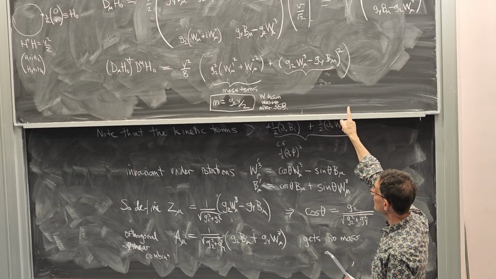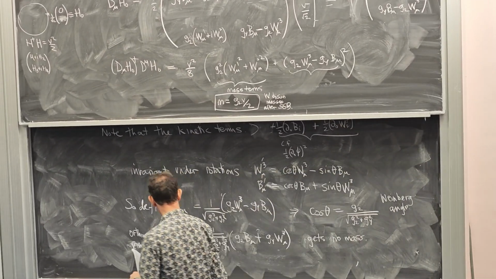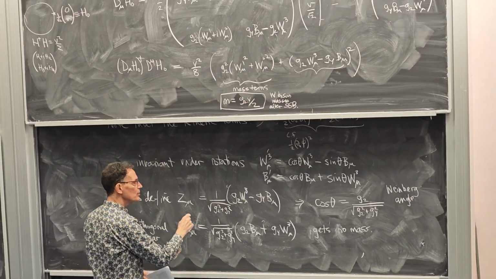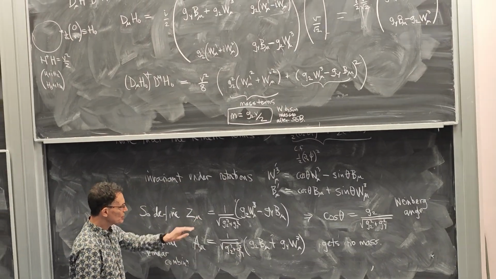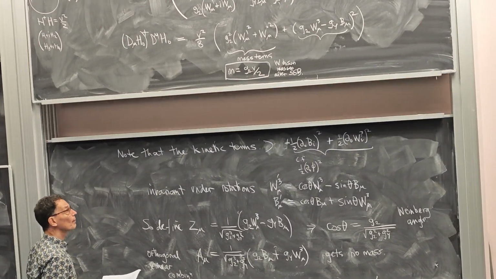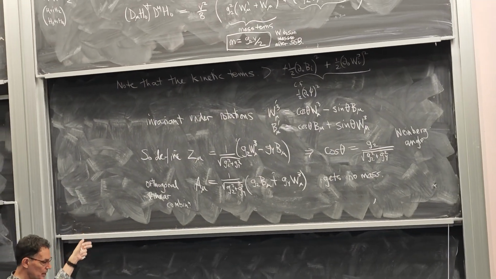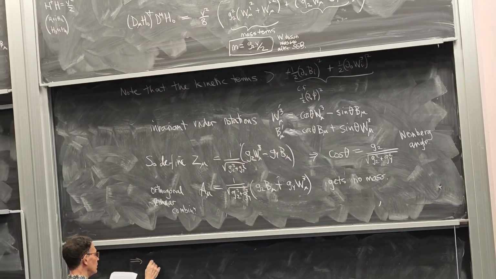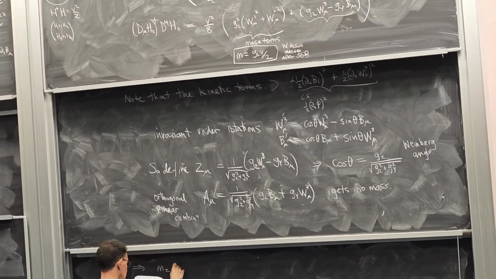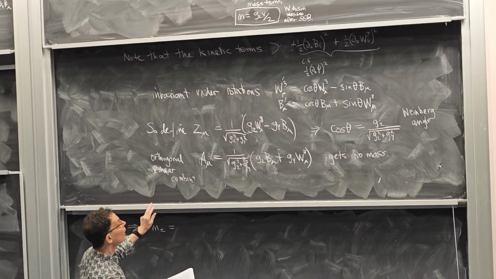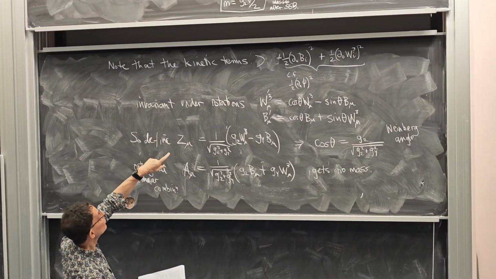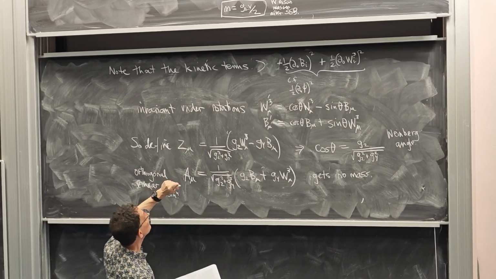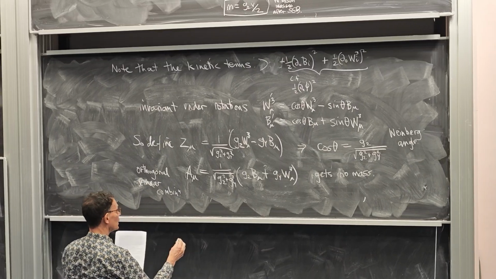Okay, because only one linear combination got a mass, this did not get a mass, but this combination has the right kinetic term. So from this we can predict the mass of the Z boson, and the photon remains massless. So we see that the mass of the Z boson is, just looking up at that formula here, you can see that this linear combination is equal to the square root times Z. Plug it in there, and I'm going to get,